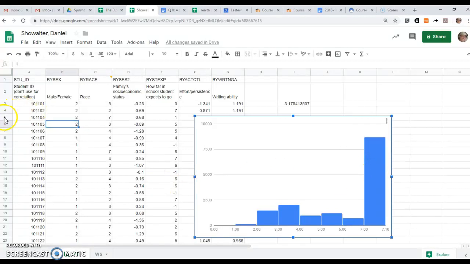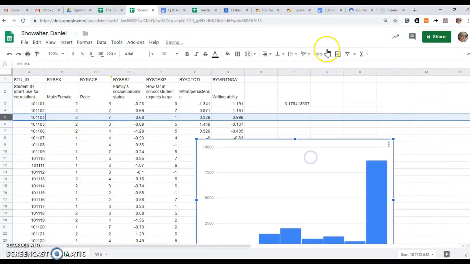The final thing I want to do then is take a look at a specific student and insert a comment about that. I'm not going to type out this comment, but let's say I wanted to analyze row 5 here. So this student is a female, and she is white, a white female who has a little bit lower than average socioeconomic status. For whatever reason, she didn't say how far she wanted to go in school. This is missing data. She had a bit more than average in terms of her effort, persistence, despite adversity. Her writing ability was actually pretty decent, about 1 standard deviation above the mean, and so on. But I'm starting to get my picture of this female who has a little bit rougher economic status, but doing really well writing, and that's kind of a story that I